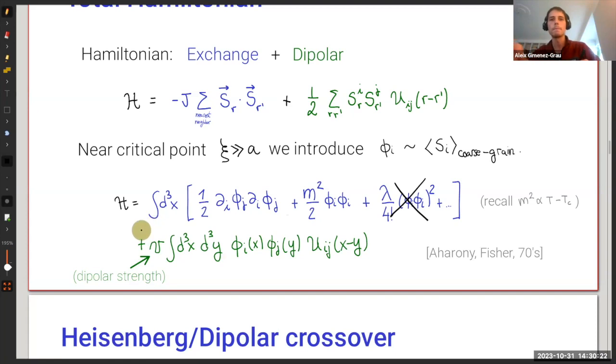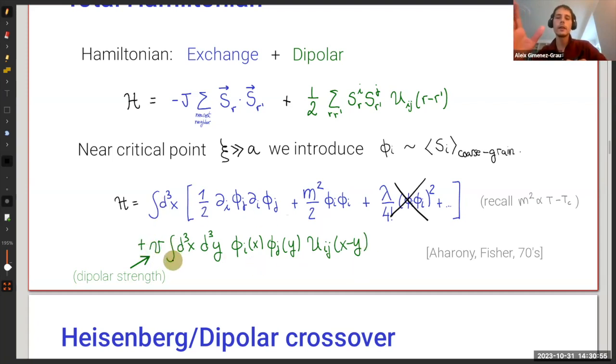But if you are at the Heisenberg fixed point, then this v would be exactly 0 at the Heisenberg fixed point. Yes, but the point is... Sorry, imagine you are at the Heisenberg fixed point. Does the Heisenberg fixed point have a relevant operator that can be added in order to deform it away? Yeah, that would be this term. This is a relevant term.